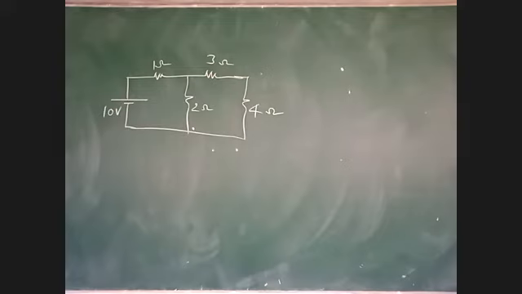In any theorem I told in the last class, they'll ask to determine the current in only one branch. Here he is asking in 4 ohms. In the superposition theorem also, you determined the current in only one branch. They'll ask that branch. But in this problem, he is asking us to determine the current in 4 ohms using Thevenin's theorem. Okay. Write down step 1.